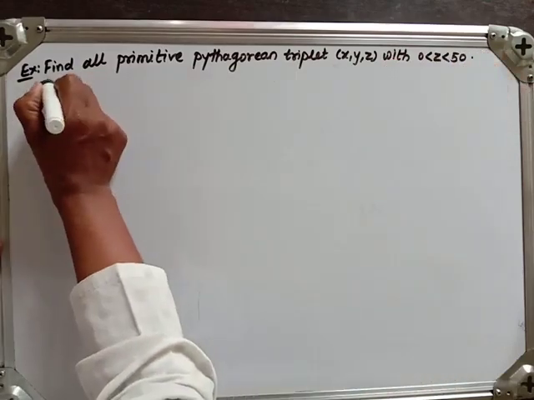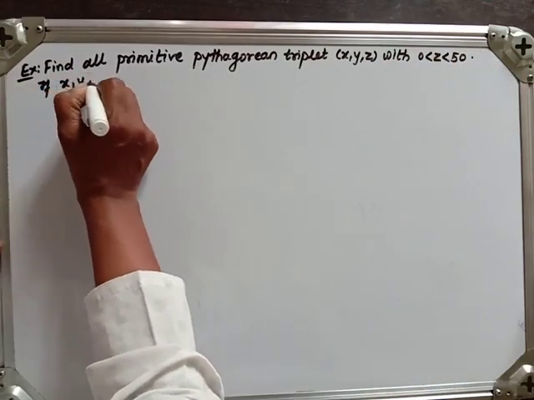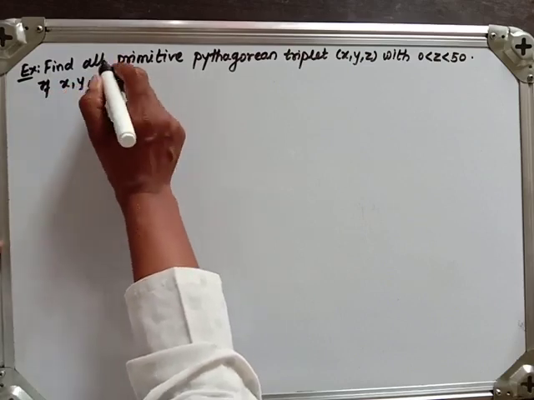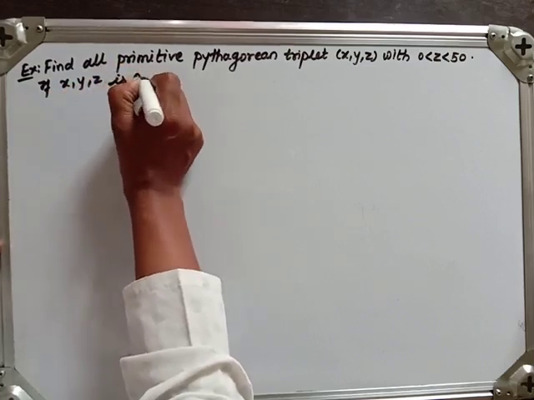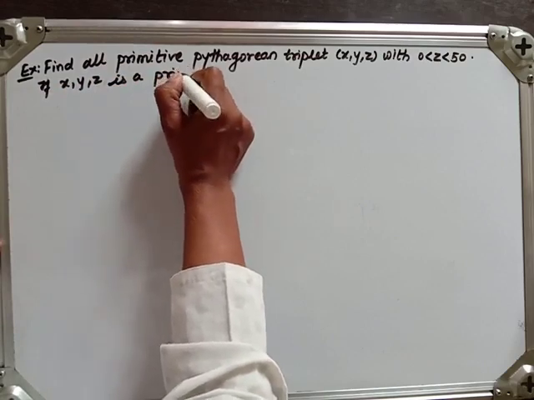If x, y, z is a primitive Pythagorean triplet,